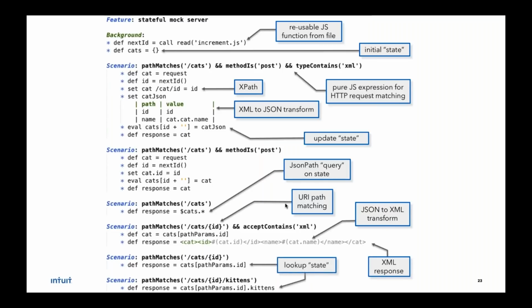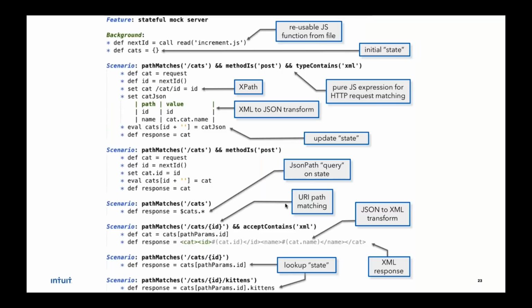URI path matching, yes, it's a very common need in microservices of all kinds to be able to unpack path parameters from the URL and then use that in being able to get data back, kind of as business logic. It works beautifully. You can transform JSON to XML. You can respond with XML. Yes, again, reinforcing the fact that Karate has this very interesting and unique support for both XML and JSON at the same time.